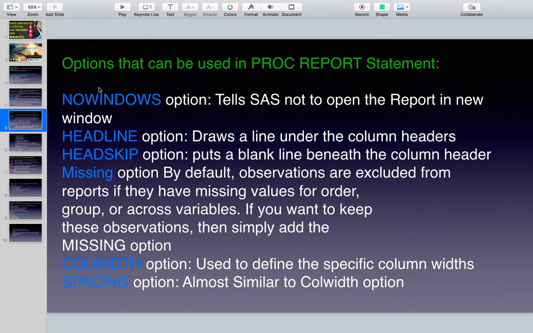See, these are some of the options that can be used in the proc report statement. Okay, we will see these options one by one. But if you are already using the new version of SAS, or the Studio version or the University version, you no longer need to use the nowindows option, headline, headskip, column width and spacing options, because it's already modified, it's an advanced version and your reports will be generated accordingly.